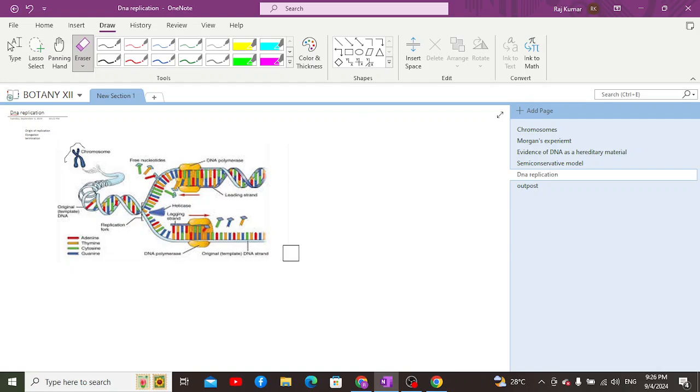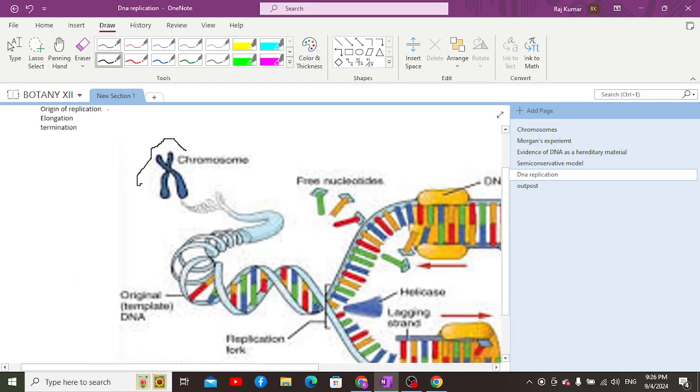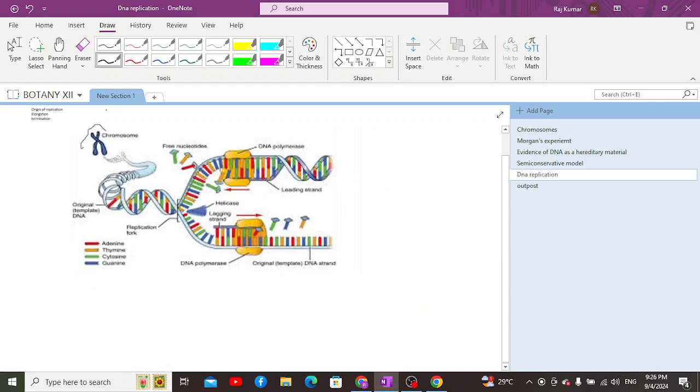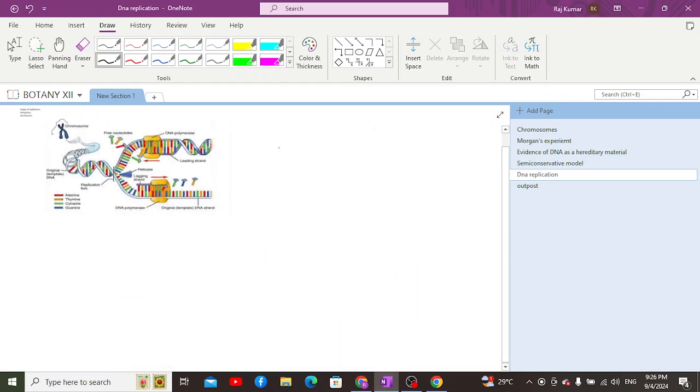Now, when it comes to the process of DNA replication, we have three major steps. Number one is origin of replication. In origin of replication, what actually happens is that there is unzipping of DNA. Just like if we are having a zip on, let's say, a bag, we are supposed to unzip it in order to open the bag. So in order to open the DNA, we are going to unzip the DNA with the help of